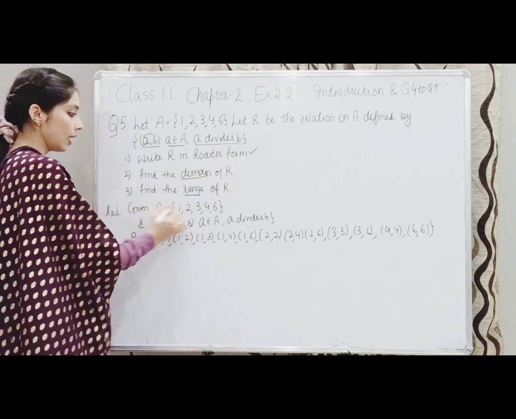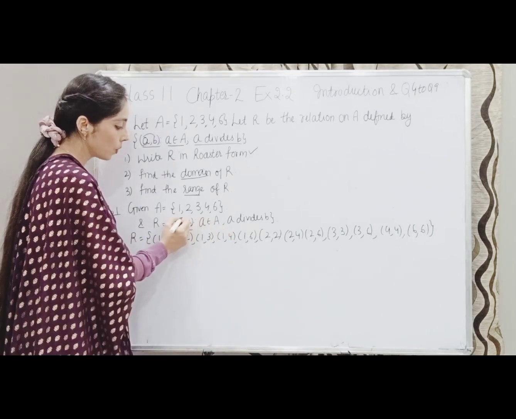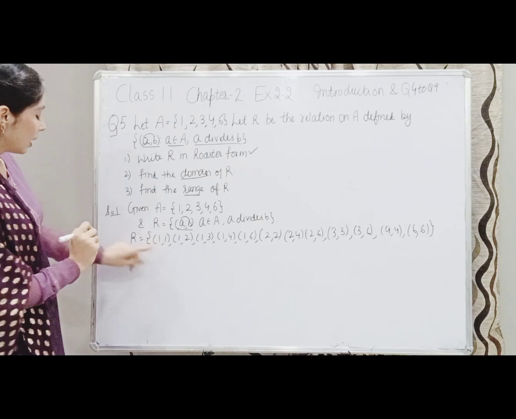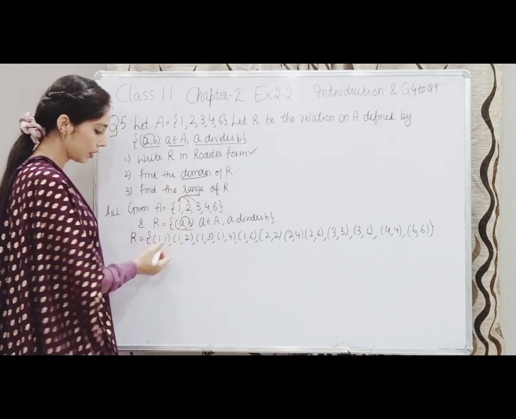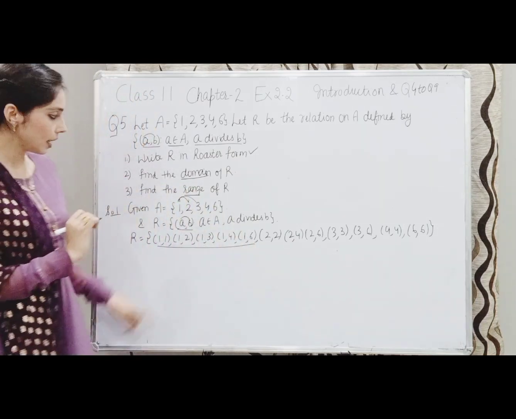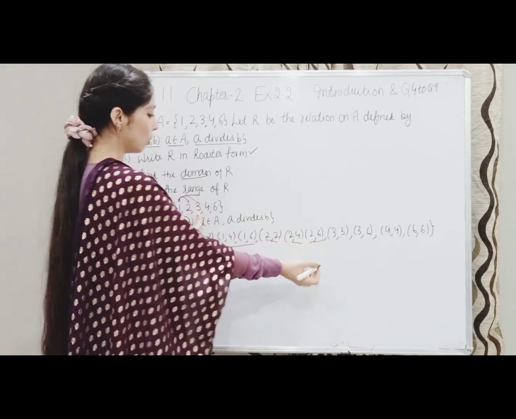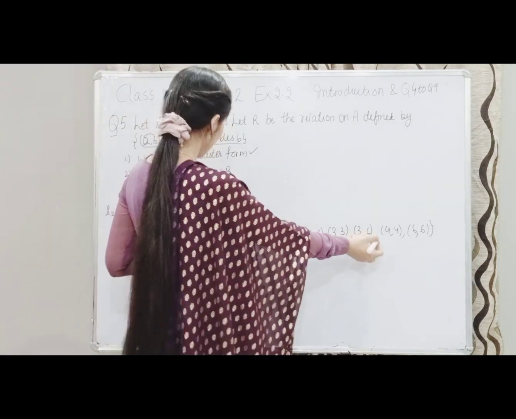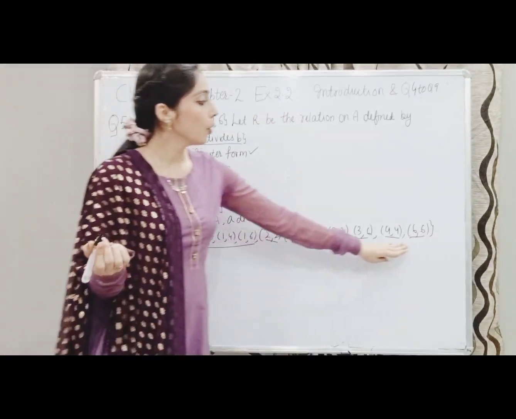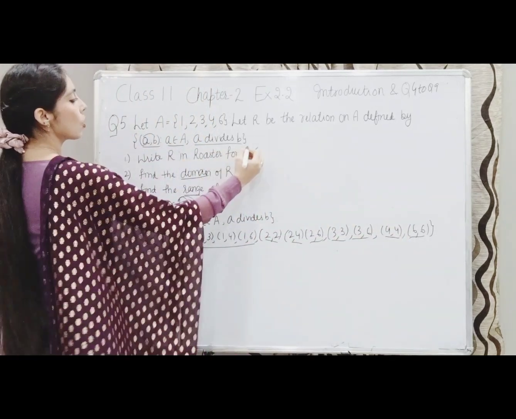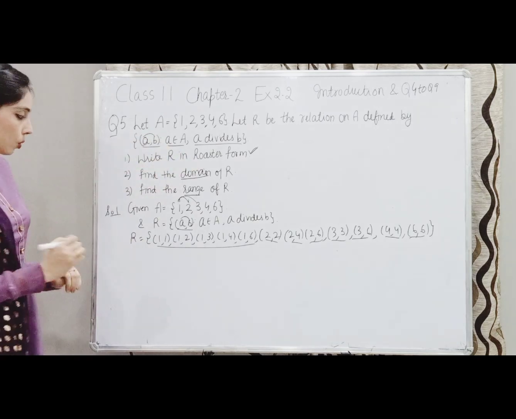Okay. So, A is 1, 2, 3, 4, 6 and the relation is those elements such that the first divides the second. So, in the relation we know that 1 divides 1, 2 divides 2, 1 divides all the elements. So, we will write all those elements. Also 2 divides 2, 2 divides 4, 2 divides 6. Also 3 divides 3, 3 divides 6, 4 divides 4 and 6 divides 6. So there will be a total of 12 elements and this is the roster form of this relation. Okay, this is the set builder form and this is the roster form.